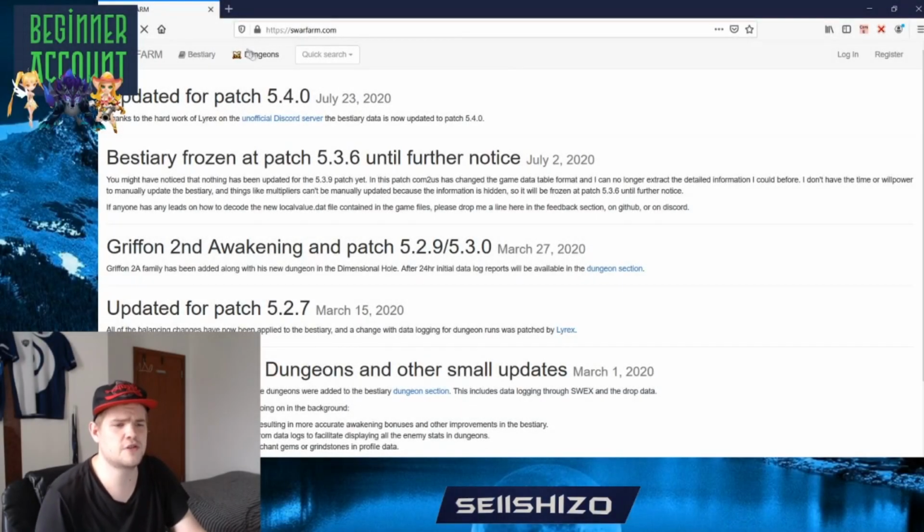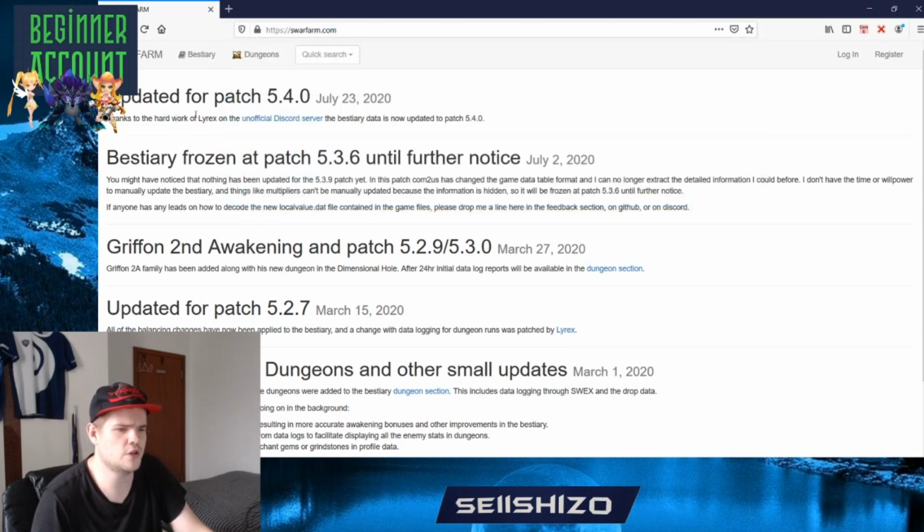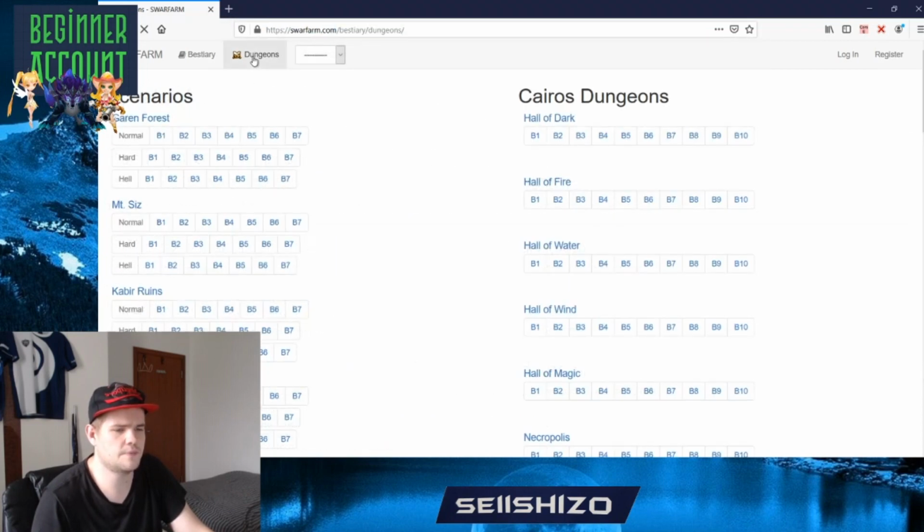So to check dungeon rates and that kind of stuff, wait, let me see if it's correctly on stream. Yeah, okay, I missed out the left part. Okay, that's fine. Remind that. So I use Sword Farm. I will put this in the description, and Sword Farm works really well to check a lot of